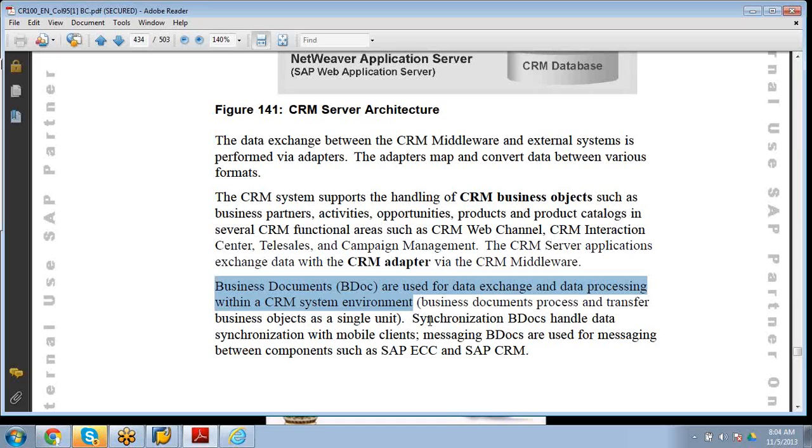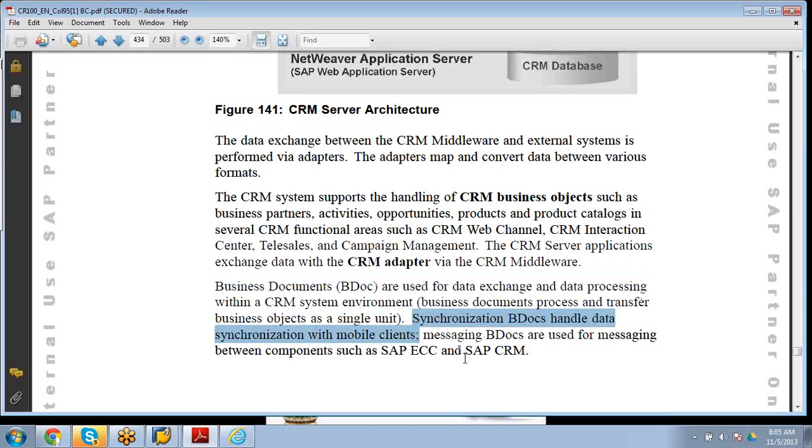Done? Take this point. Then the next point: there are two kinds of BDocs.